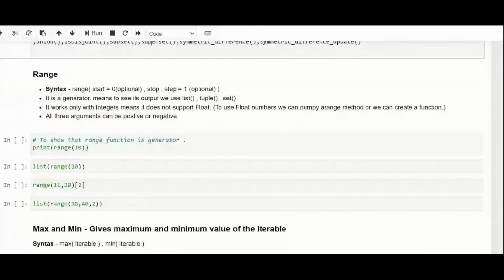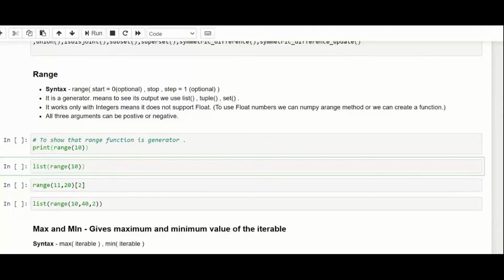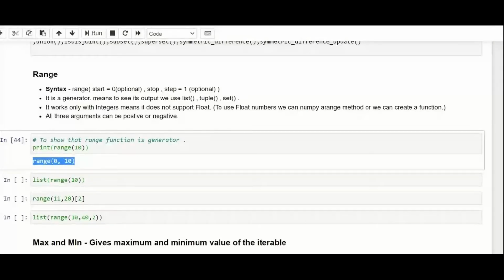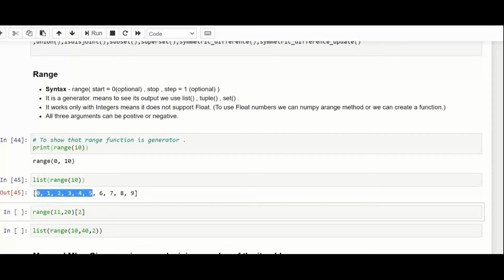Okay. So basically the range method we have covered. Range is used in your for loop or where you want to iterate. It has a start value, a stop value, and a step value which is optional. Correct. The default value of step is 1. If I just print the range instance, it will say it is basically an iterator. I can convert this into a list. When I convert this into a list, all the values will be converted into a list.